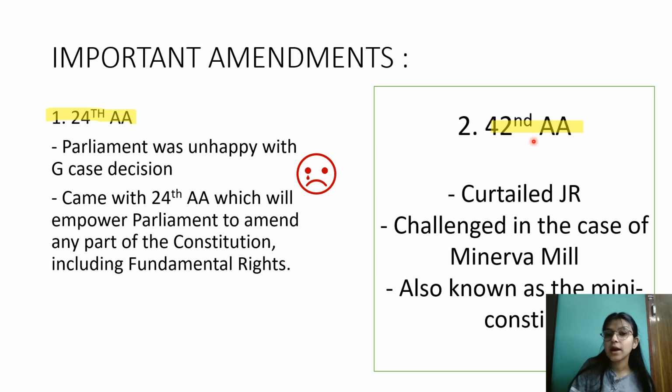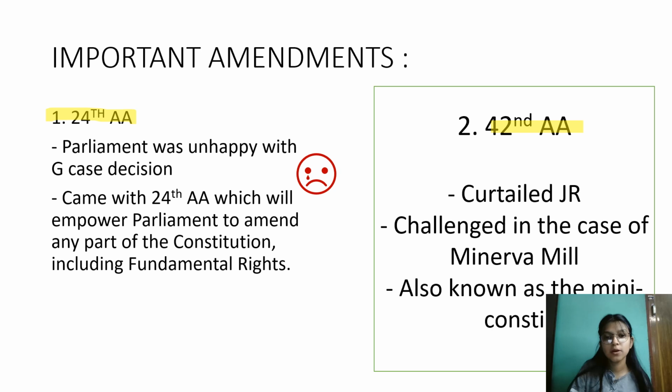Then we have the 42nd Amendment Act, which says that any law made by the Parliament will not be questioned in any court of law, which directly excludes judicial review, which is part of the basic structure theory, and which again cannot be touched according to the basic structure theory. So it was again challenged in the Minerva Mills case. The 42nd Amendment Act is also known as the mini constitution because under this act various amendments have been done. So these are the important amendments or case laws that we need to remember in order to understand the